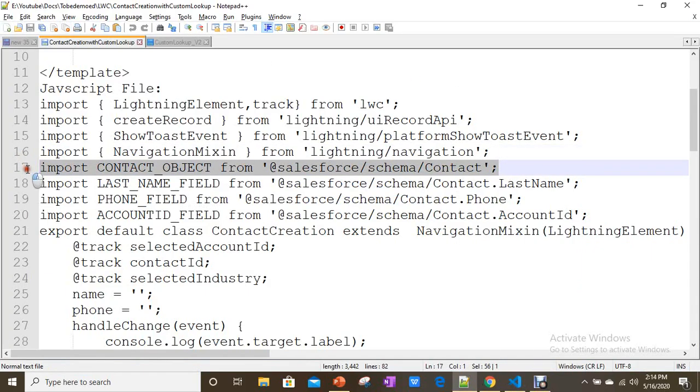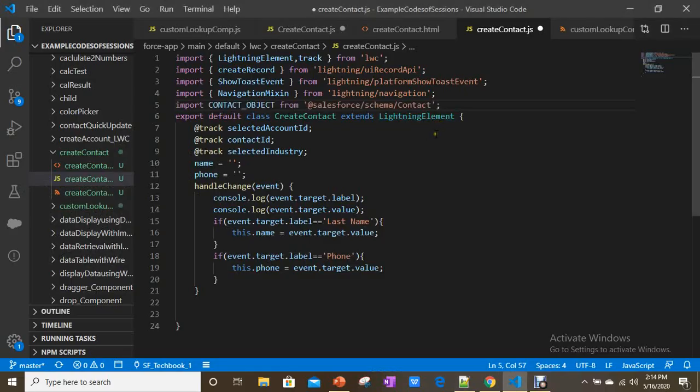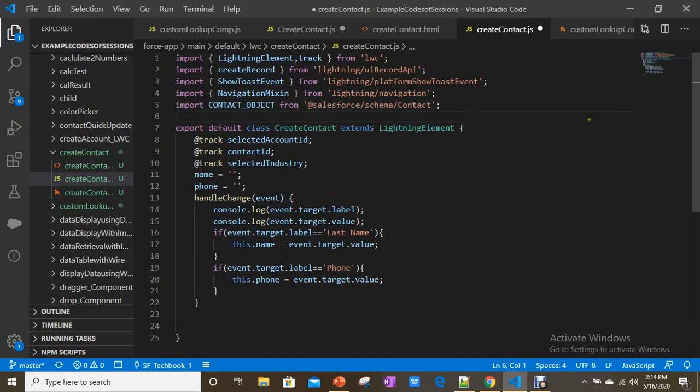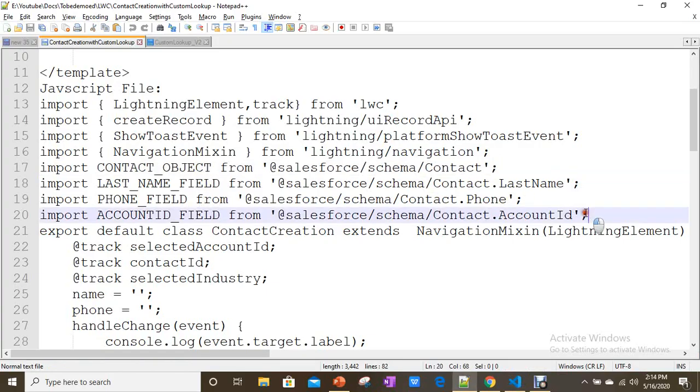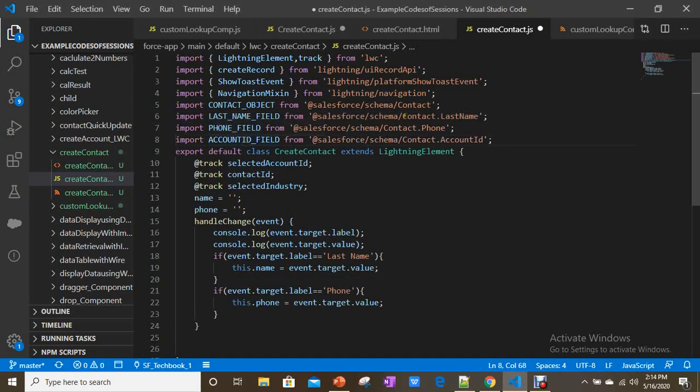For the object, that is contact, you have to import, and I'm importing account ID, last name field and phone number fields from contact. I already gave an explanation on this in other sessions in our Lightning Web Component playlist. You can have a look at how you can import an object and fields from that object and what the need is.